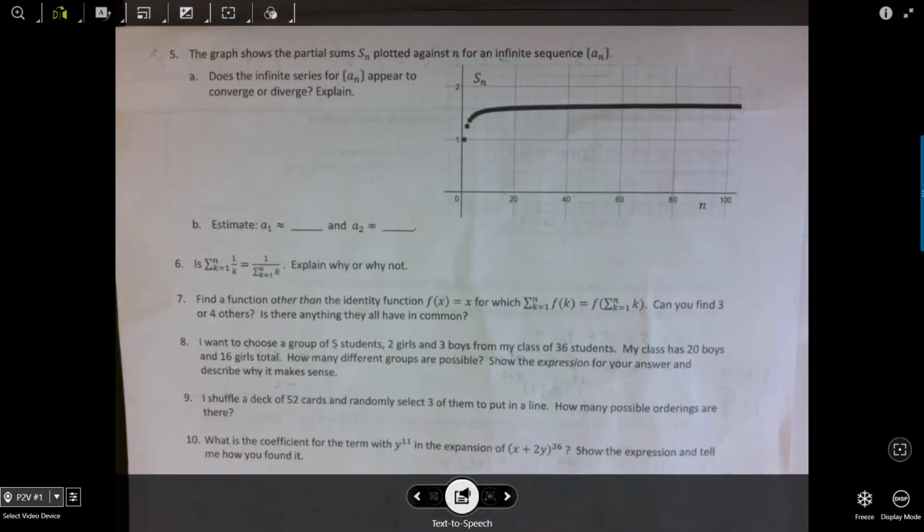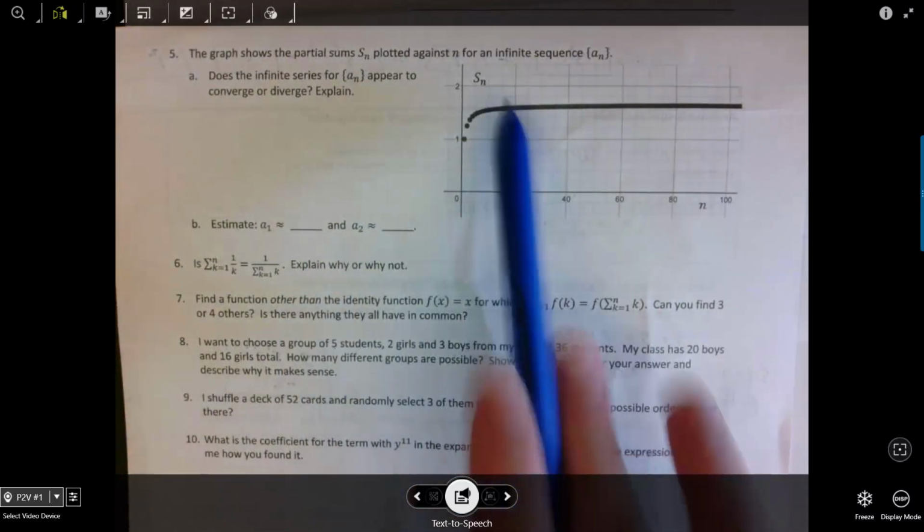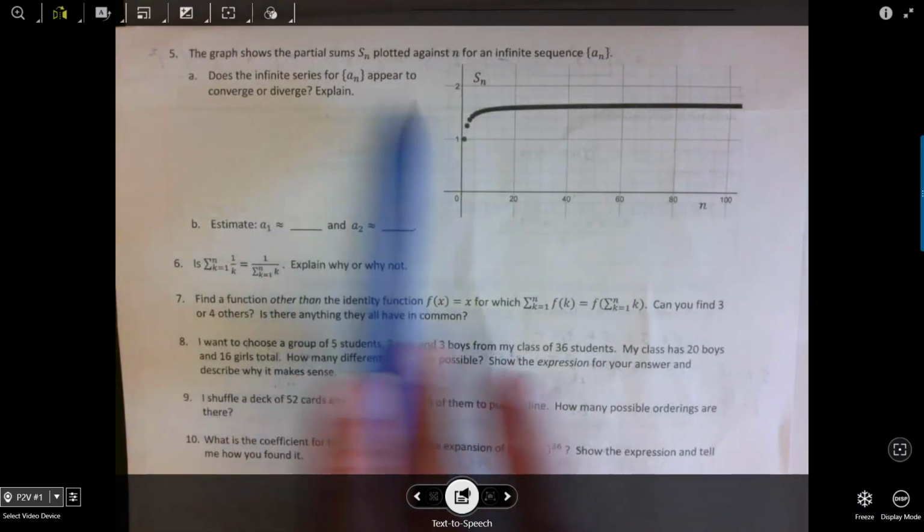Question 5, the graph shows the partial sums s sub n plotted against n for an infinite sequence. Does the infinite sequence appear to converge or diverge? Okay, so if these are the partial sums,